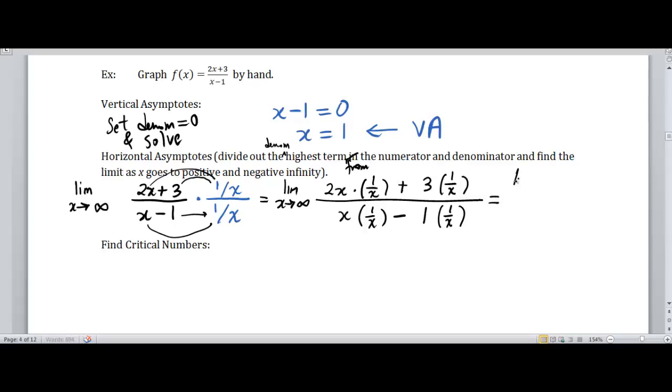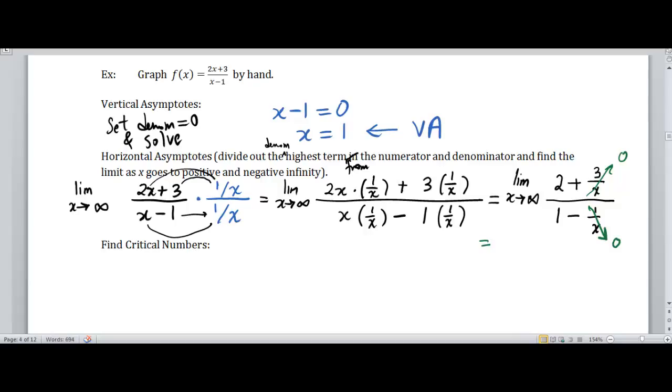And what do we get here? Alright, 2x times 1 over x is 2, plus 3 over x, divided by x times 1 over x, which is 1, minus 1 over x. Okay? And then as x goes to infinity, remember 3 over infinity goes to 0. Right, now we're plugging infinity in for x, so this goes to 0, this goes to 0,